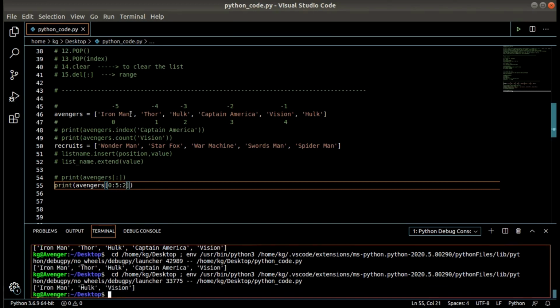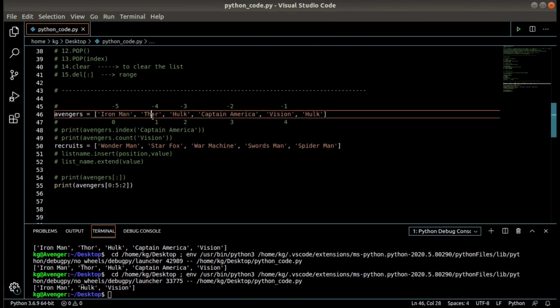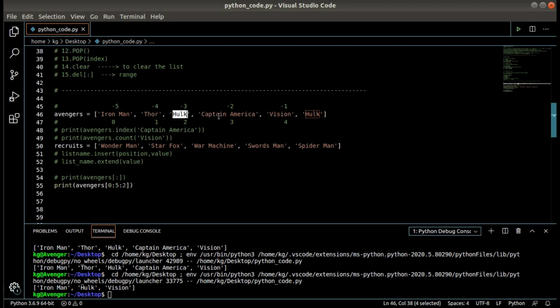So it will go to Iron Man, then skip this element and take Hulk, then skip this Captain America, and Vision is printed. So what it is doing is taking the steps of 2, that is, first excluded and second included.